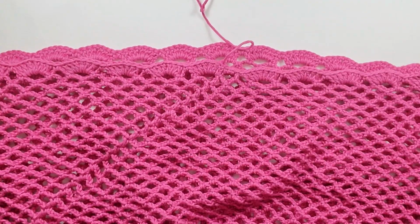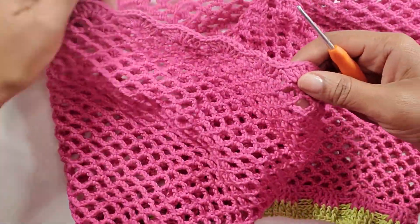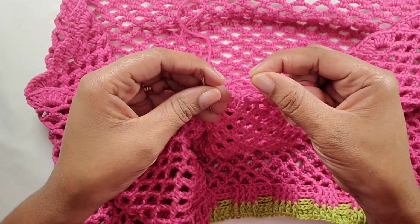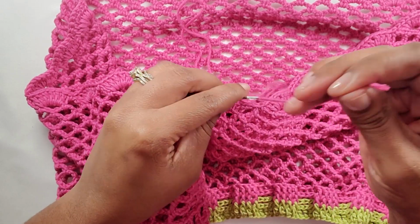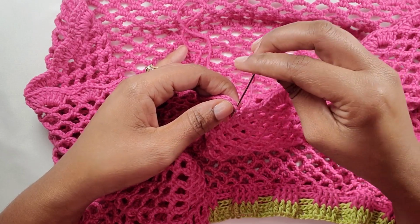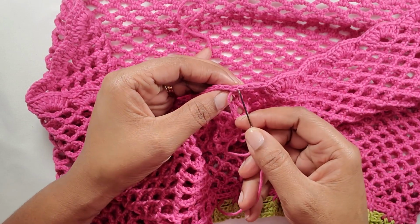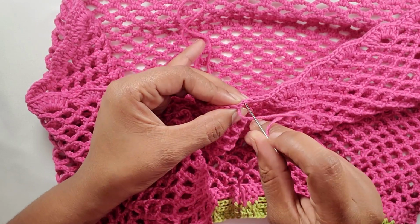So this is what it looks like on both sides. This is the back part here, so you can see. So we're just gonna go ahead and weave in our tail end. So I'm just going to go down into this stitch here, and then go back into this one. So I'm actually going through the front loop of this stitch and then going back through this stitch here